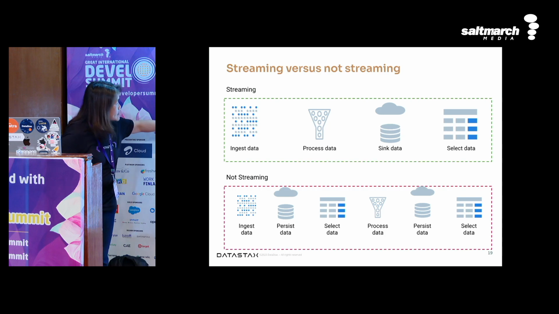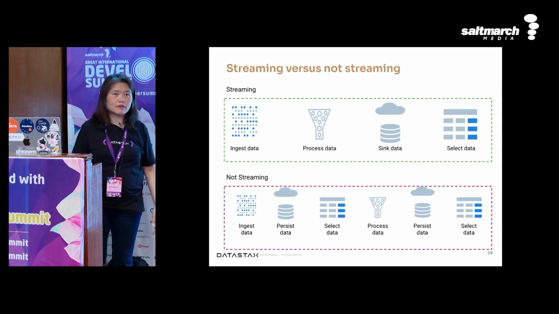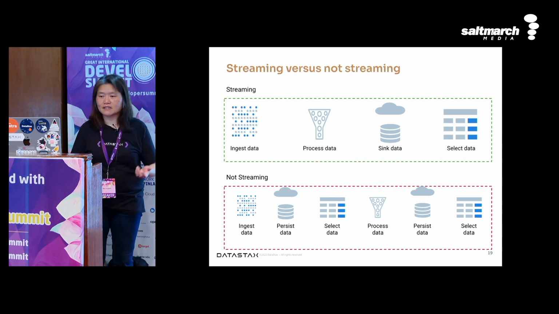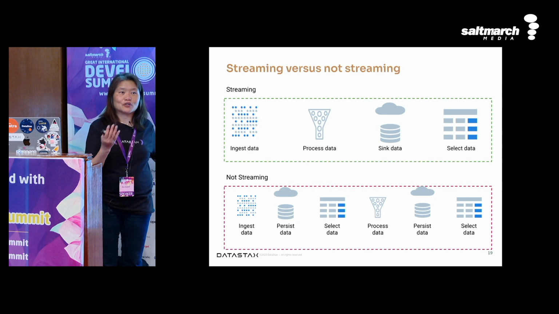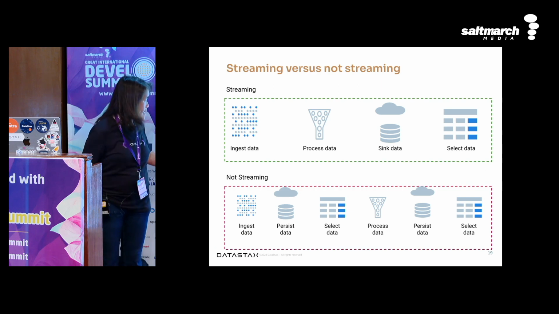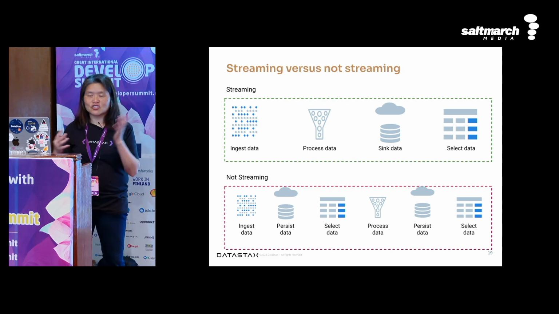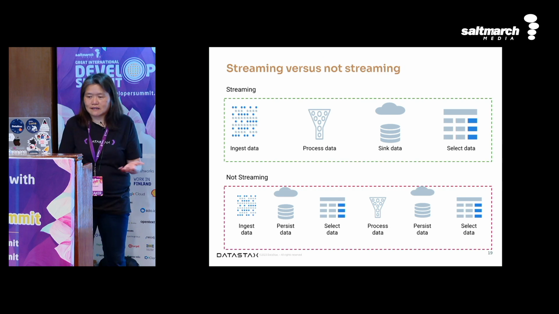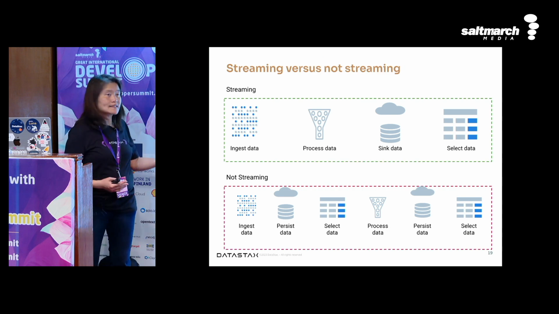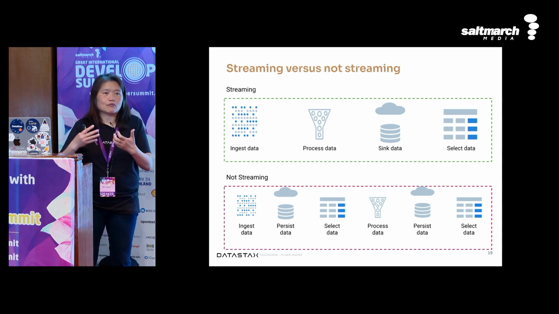And this is a diagram that describes the modern way of streaming versus not streaming. Let's look at the traditional way. Before we had modern streaming systems, we had, for example, ETL systems. Maybe some of you have worked with extract, transform, load. The idea is you extract all of the data in bulk and ingest it. Then you persist it to some database or file system. But as you can see, if you persist data, it will introduce some latency because you need to do disk read and write I/O, right?